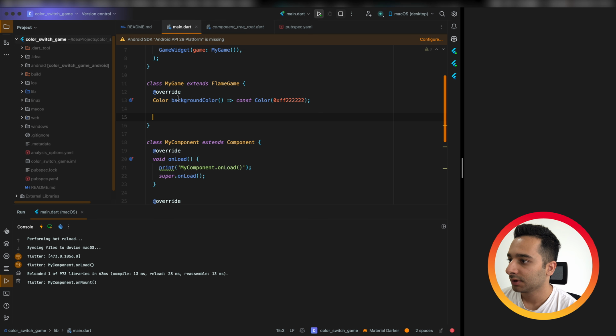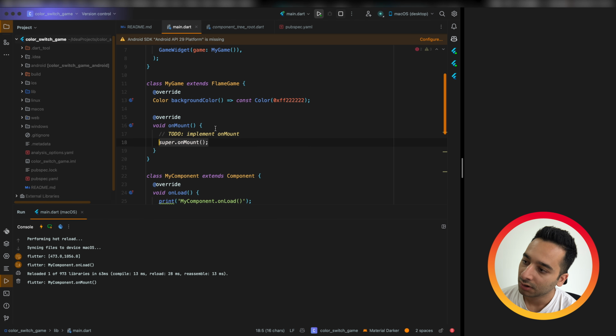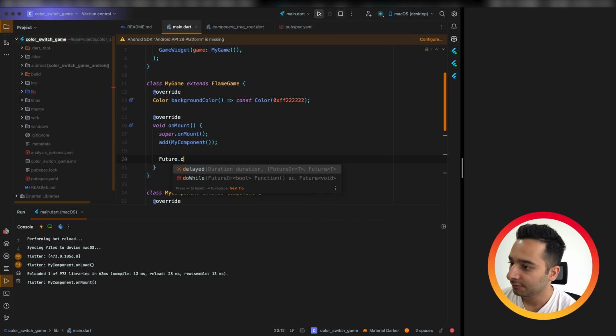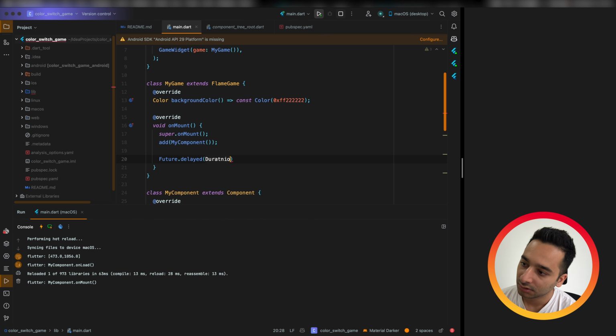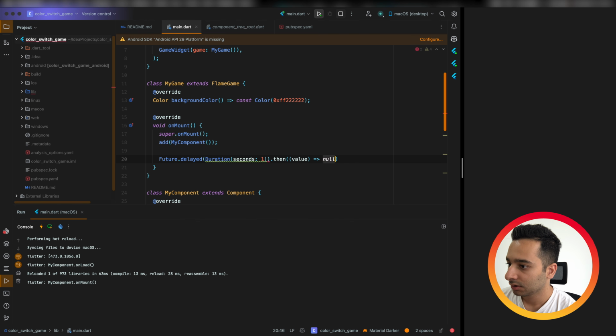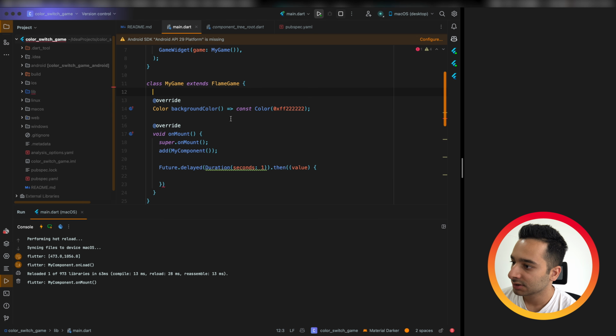Okay, when the game starts, for example, in onMount, we are gonna add this component, and after a delay, Future.delayed, 1 second, we are gonna remove the component. And let's keep a reference of this component.